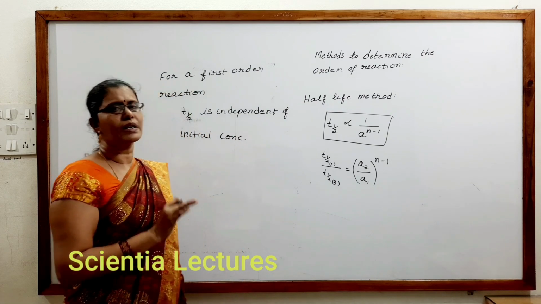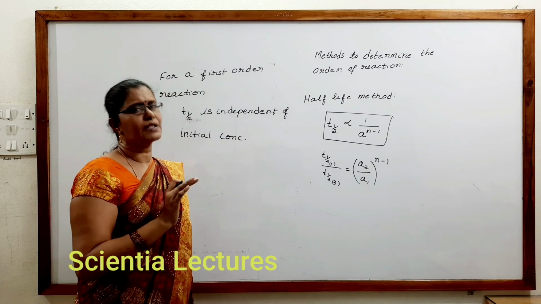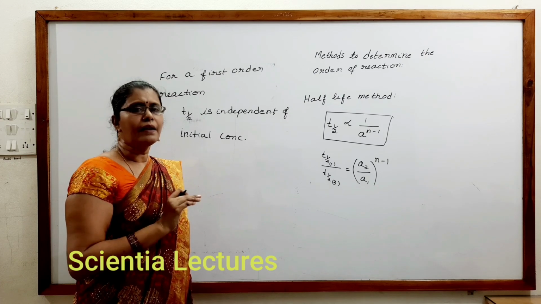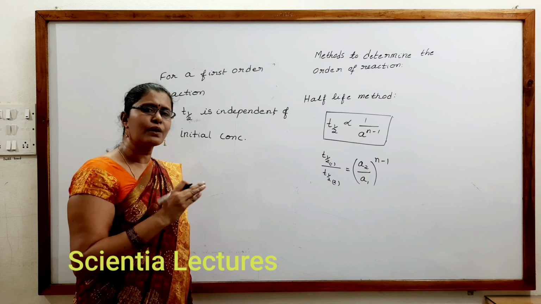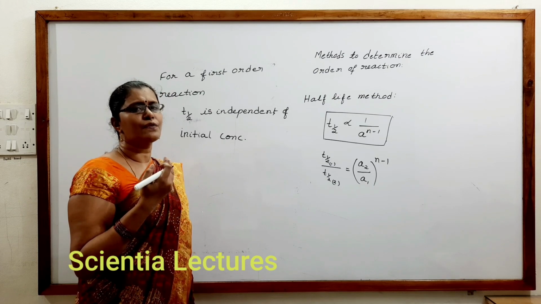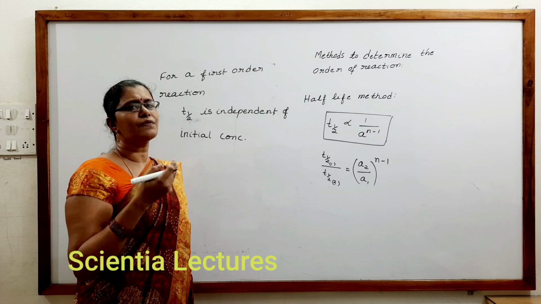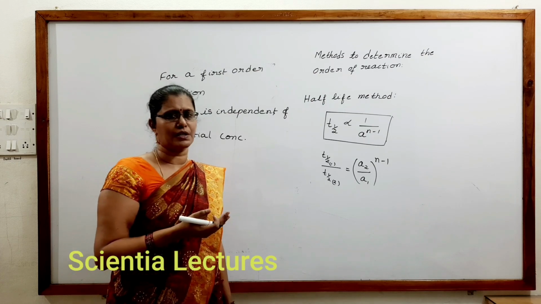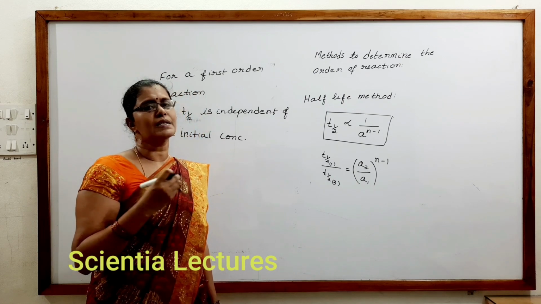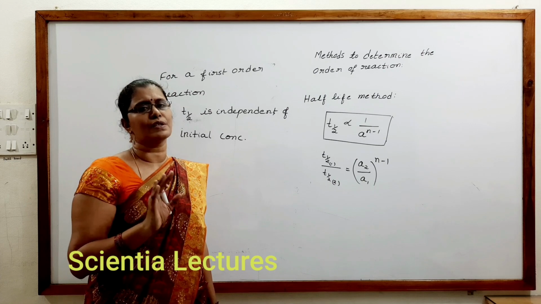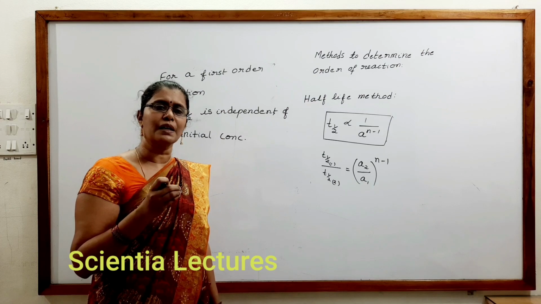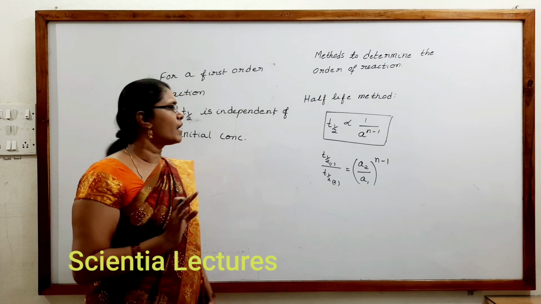Listen to the question carefully. What is the information given here? That for a first order reaction, T 40% is 30 minutes. And it has been observed that if initial concentration is doubled, in how much time would 60% of the reaction be left? They are asking T 40% only. Whether initial concentration is doubled or not, time period of a first order reaction is independent of initial concentration. So now also the time taken is 30 minutes. I hope you should have understood that clearly.